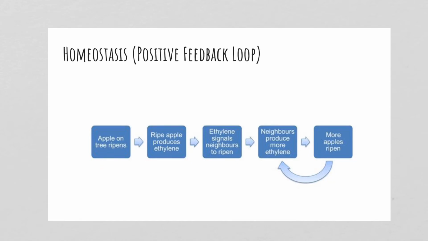But I'm going to use an example also found in plants, because I want to remind ourselves that plants are also organisms that sometimes get put on the back burner. And this is an example of ripening of plants. You've probably heard the expression, I'm sure you've heard it, one rotten apple spoils the bunch. The reason we have that expression is because it is true. If you have a very, very ripe apple with a whole bunch of not so ripe apples, you'll see the other apples start to ripen fast and maybe get to that overripe stage.